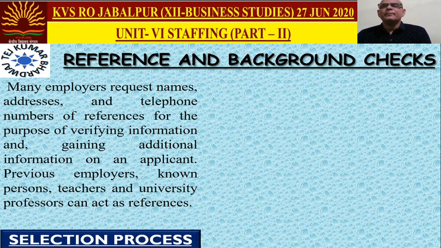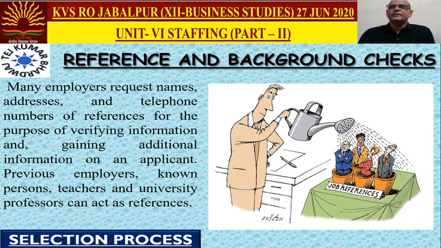The purpose of reference and background checking is to see that the candidate does not have any criminal background or any kind of disturbing behavior which can affect our present job or organization. Reference and background checking is especially important when we want to see the reliability of a person, especially when the job is of a confidential nature. In the army and police, a great level of reference and background checking is done so that the wrong kind of persons are not introduced into the organization. So reference and background checking is another important step.